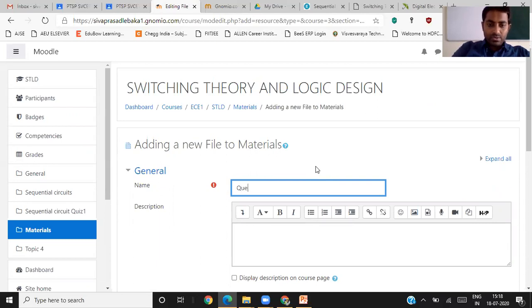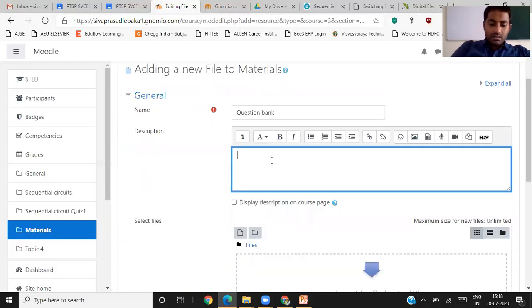Suppose that file name is question bank. If you want, you can give the description here.